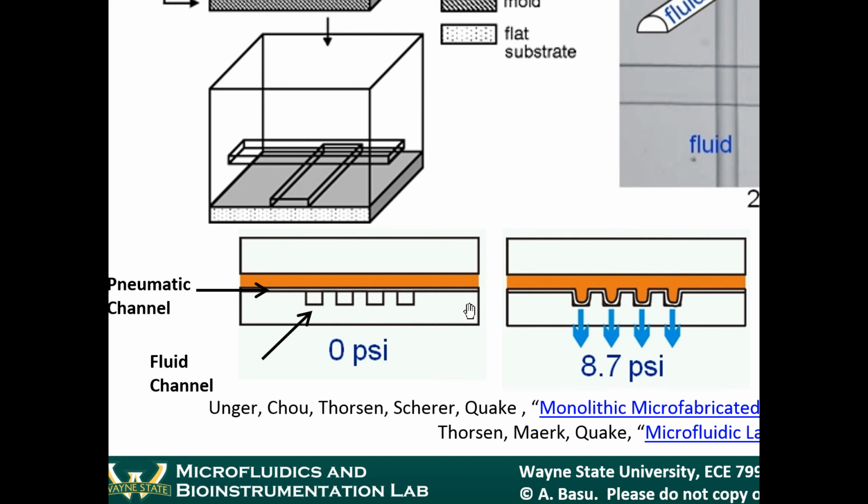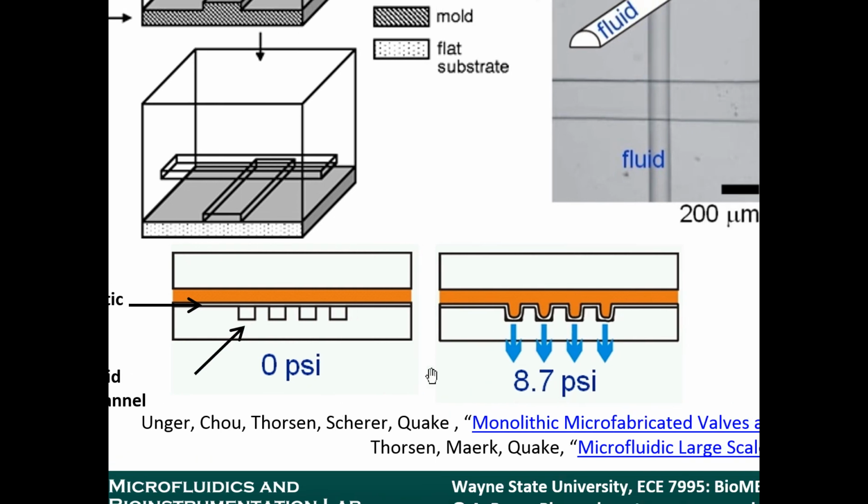PDMS is an elastomer, so it's like a rubbery kind of material. So especially when you have very, very thin layers of this stuff, it deforms relatively easily. At something like 5 to 10 psi, you can cause these membranes, these little valves, to deform into the bottom. And when they do deform like this, the channel is going to be blocked,